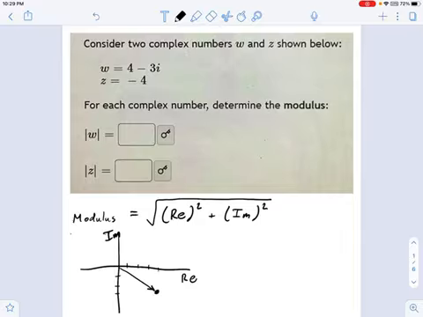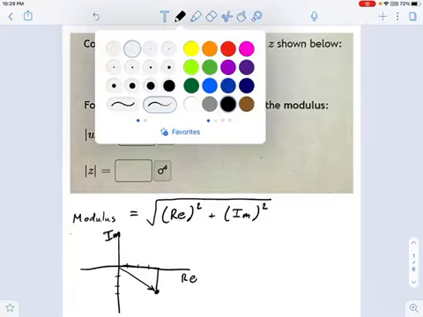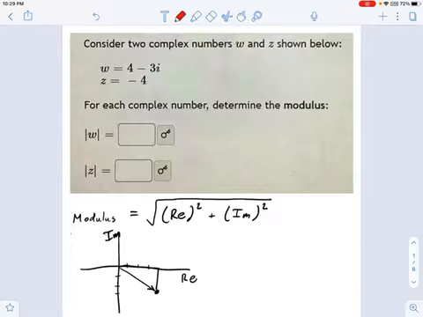If you remember trigonometry, you might recognize this as a triangle. And then this formula for the modulus makes a little more sense, right? You square both legs of the triangle, add them together, and take the square root. That gives you the hypotenuse. Okay, so enough of the theory stuff. Let's talk about how to actually calculate the modulus of each of these numbers.